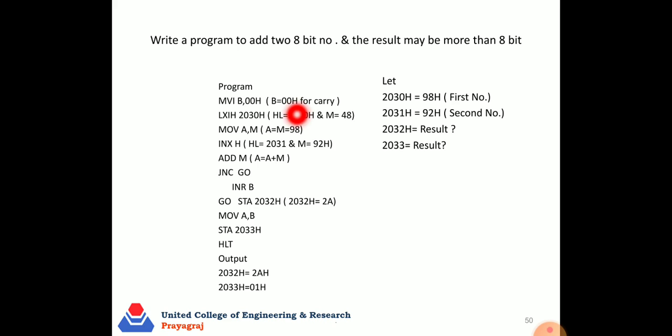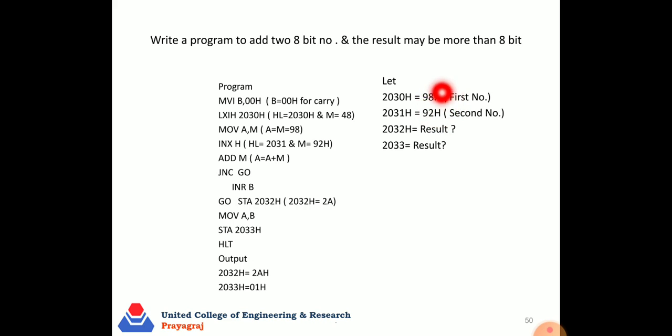So in this problem, let's suppose we have numbers at 2030H: 98H and 2031H: 92H. It is a random number; we can put any number without changing the program. We are only indicating the address, not the data.